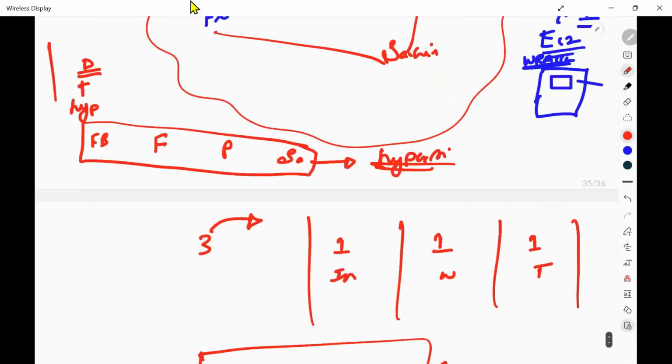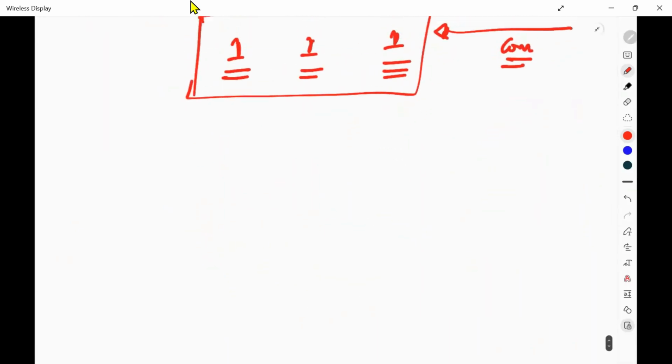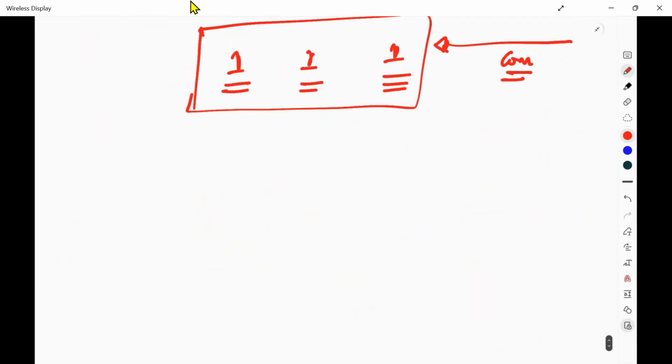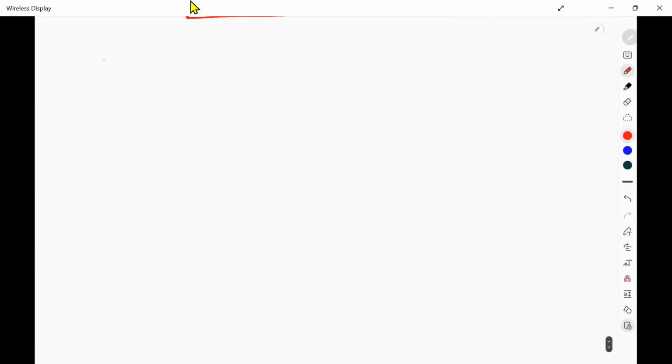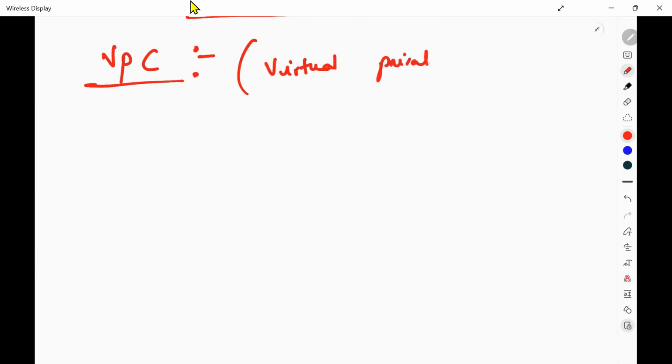Now, if I don't want my applications to communicate with each other, then comes the concept known as VPC. What is this VPC? VPC is nothing but virtual private cloud.